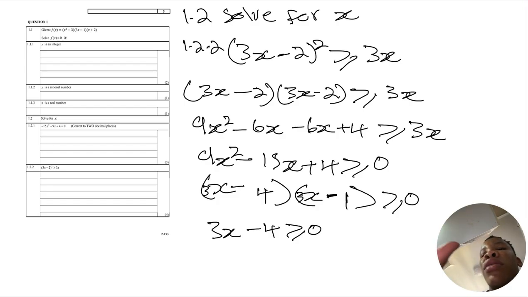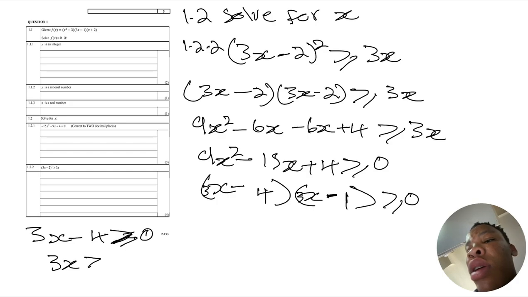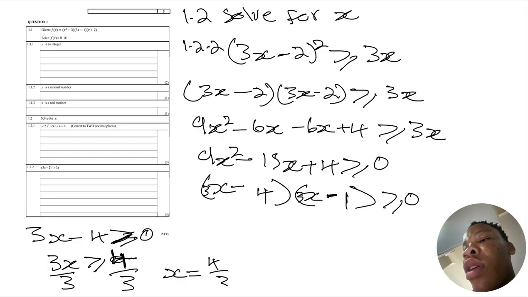Now let me take this one here. I have 3x minus 4 greater than or equal to 0. 3x is greater than or equal to 4, because we are taking the 4 to the other side. We divide by 3. x is greater than or equal to 4 over 3, or